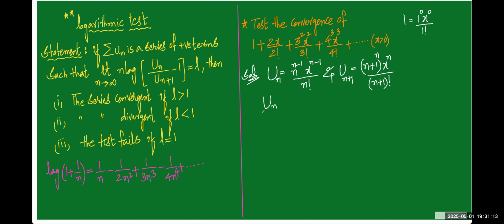We are actually applying a ratio test. We don't want to say that we are applying a logarithmic test. पहले तो अपन ratio test से ही start करते हैं हर question. un value is n power n minus 1. I want to write some simplified form here. Look at n power n and n power minus 1 x power n into x power minus 1 by n factorial,